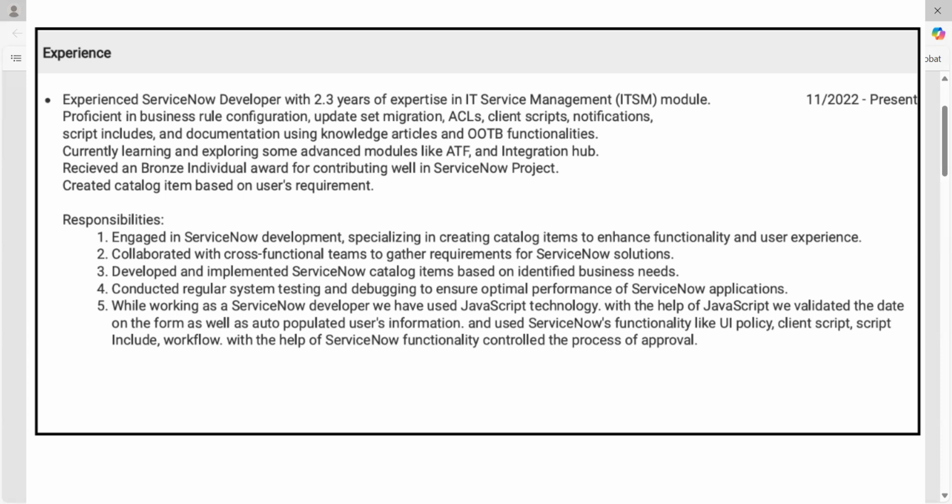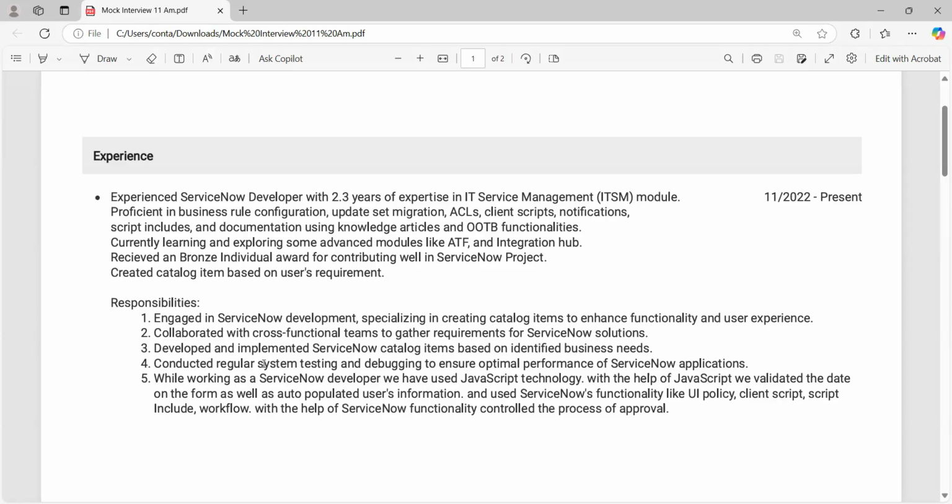Business rule runs on record insertion, update, deletion, or query to control system behaviors. Script includes are reusable server-side scripts. We can reuse them in different client scripts or